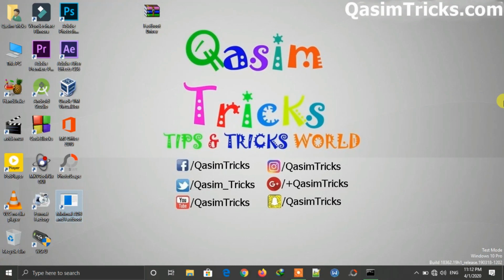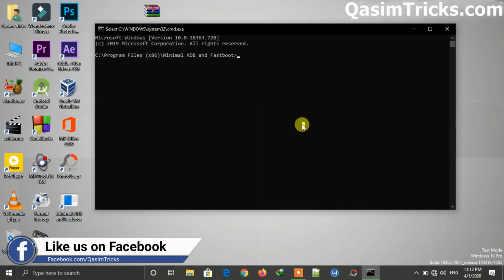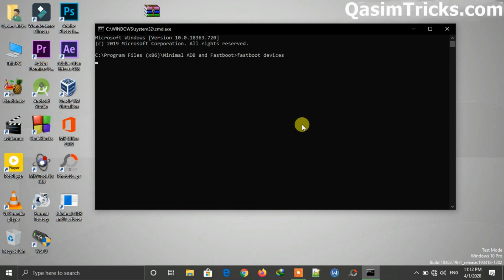Today I will show you how to fix the fastboot problem, which is not detecting your device when you are in the recovery mode to root your mobile or for other work. Even if you install the USB driver of your mobile, it still doesn't detect your device. So to fix this,